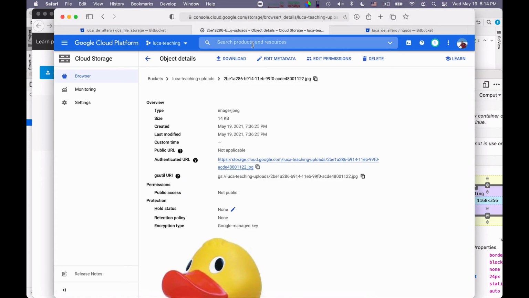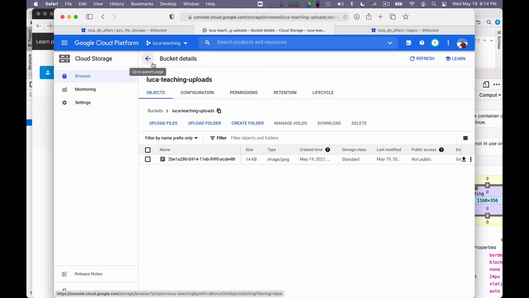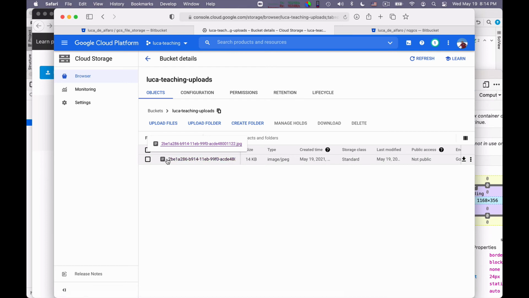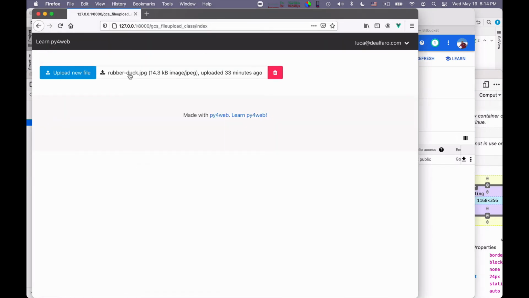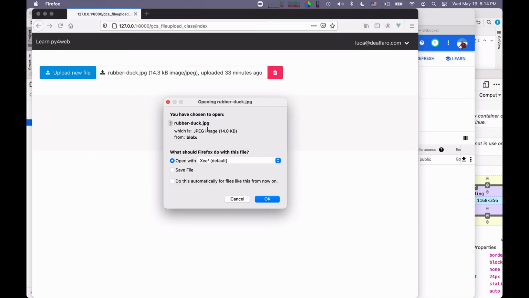I have my file in the cloud with a random name, which it should have in order to avoid collisions. So the files in my Google Cloud Storage bucket will have random names. But when I download a file here, I want to be offered to download it under its original name.